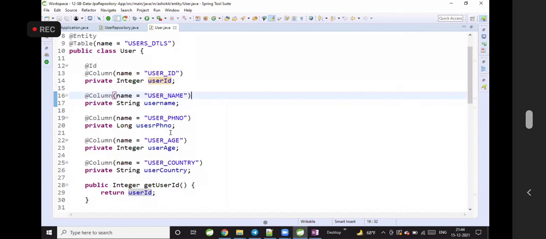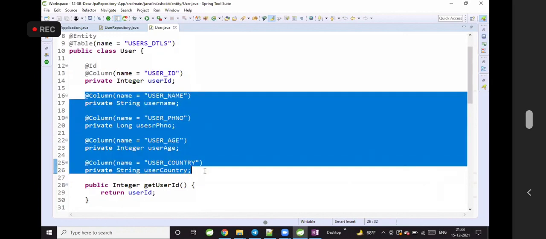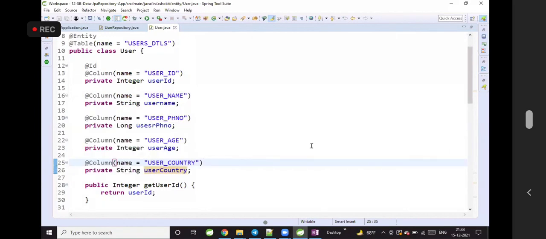I want to retrieve the data based on phone number, or based on age, or based on the country. So if you want to retrieve the data by using non-primary keys, do we have any method?